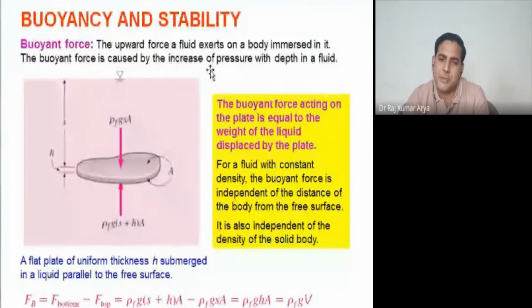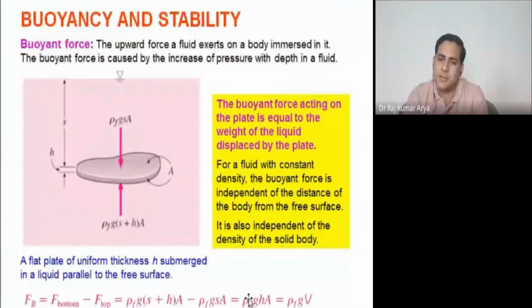So let's say this is your object inside a particular fluid. You can calculate the same way as we calculated previously. You get the force on top, the pressure multiplied by area. So this is the density of fluid, this is g, and then this H is S only, multiplied by area here. So this is again pressure into area, same as the previous one. Same thing on the bottom side. The thickness of the object was H, so you have added S plus H here. So you found the difference of that and you got this.